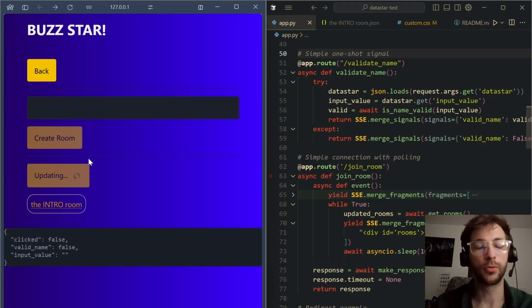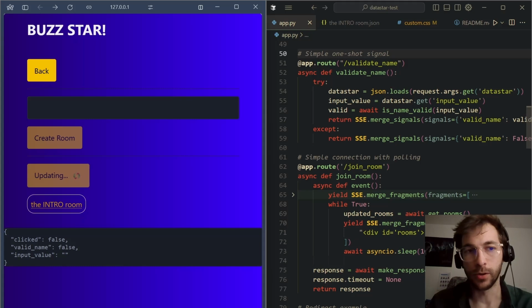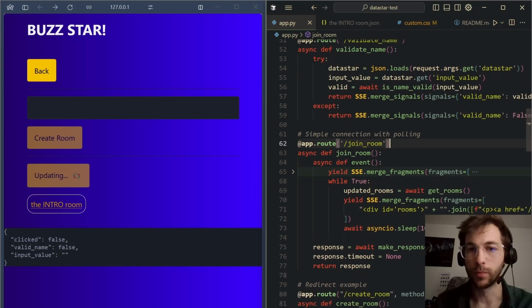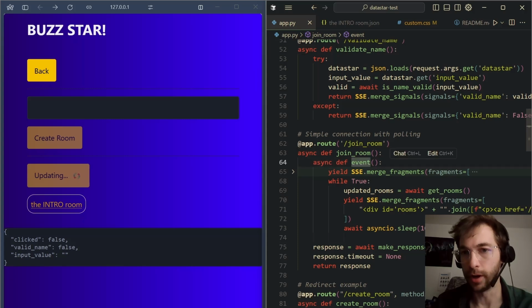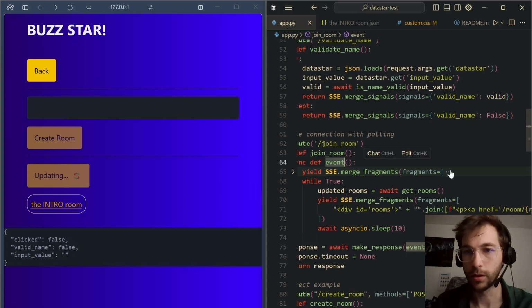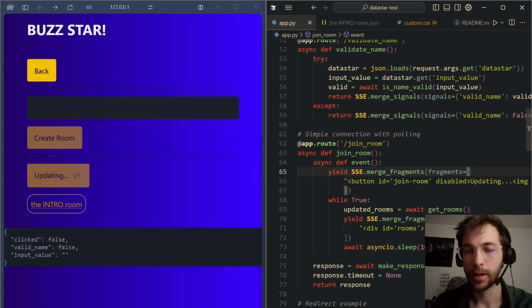Of course, I could have done this behavior of clicking and then you get this updating div just with signals, but we will do it another way, merge fragments, and we will see ways that is much better. So when we click on this, we send a GET request to this route here, join room, and what we will first do is define an event generator. And this event generator will first